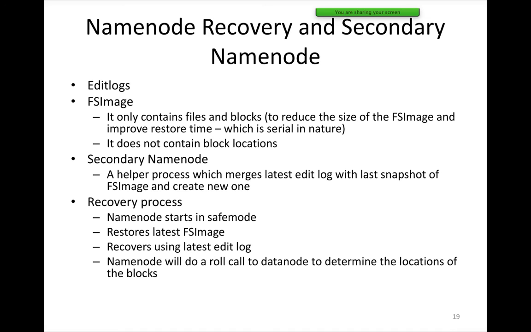So now we will try to understand the secondary name node. This process of merging edit logs into fsimage happens in memory, and it takes as much memory as you have in the name node, and it also takes a lot of other resources to make it as fast as possible. So for that reason, as part of the typical HDFS configuration, we have a secondary name node which takes the responsibility of merging these at regular intervals.